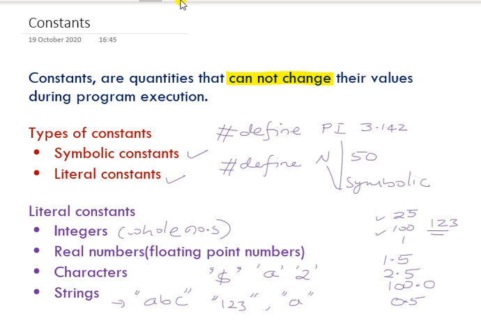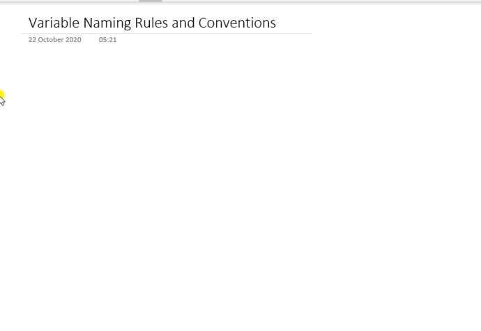All these constants we use in a program, and to create and to store such constants we need variables. And how do we create variables? We create variables with the help of data types. Those data types we'll see in our next session. So an idea about variables, how they store, how they are used is an essential coding skill. Let's see now what are the different rules and conventions for variables.